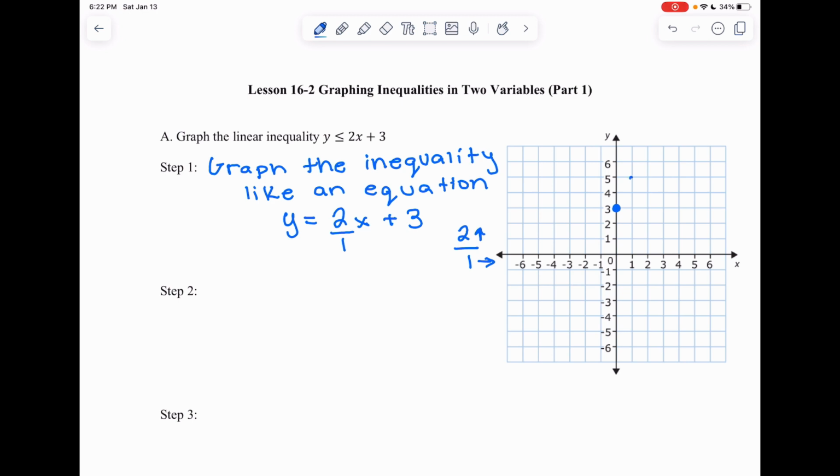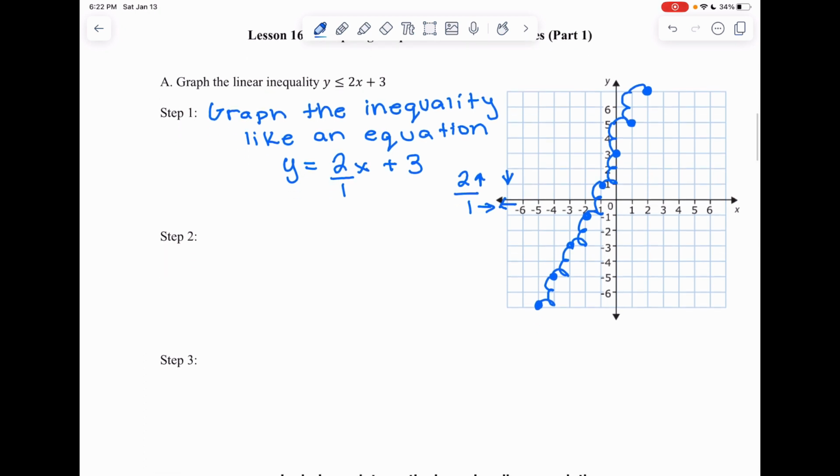So up 2 to the right 1, and up 2 and to the right 1. Or we can go backwards by flipping both directions. So instead of going up and to the right, we can go down 2 and to the left 1. Down 2 to the left 1. And the more points you have, the better, because it will help make your line nice and straight. So now that all of my points are plotted, the next step is to